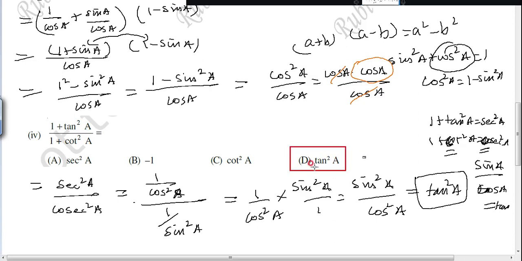Do you follow, every one of you? So just do the calculations fast. You do the steps very fast. Since it is 1 mark, choose the correct answer. No need to do it in detail. If you know the identity, as much as possible, reduce the steps and try to get the answer. Do you follow?